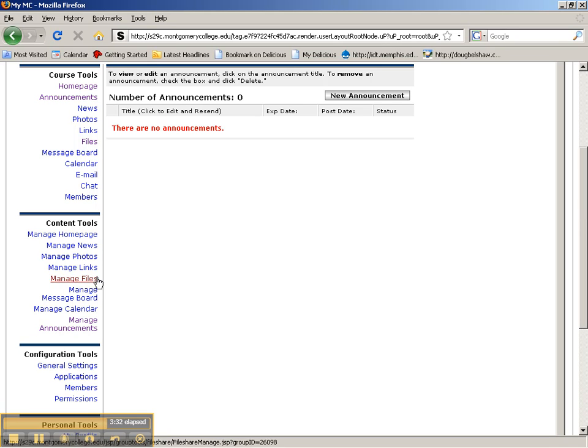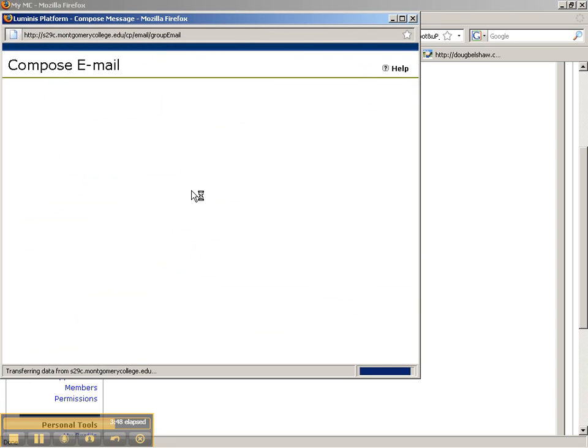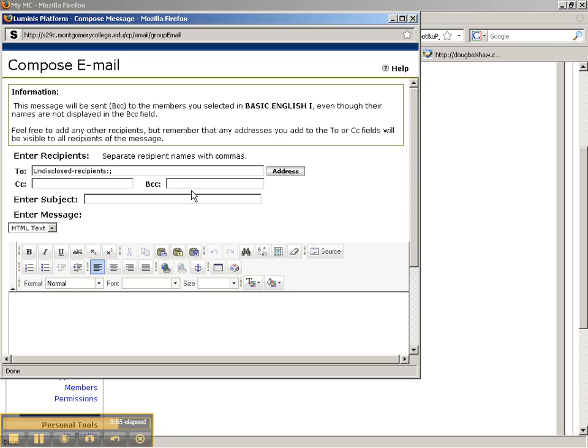In terms of email, there is a means to send email on this. If you just click on the email link, you can choose who you'd like to send the email to. Click send email, and it brings up a box. Depending on your operating system, it may ask you to okay this dialog box coming up. But once it's there, it's giving you undisclosed recipients, so it hides the email addresses, and then you can just add any text,